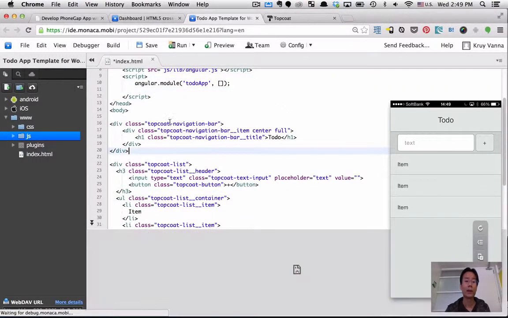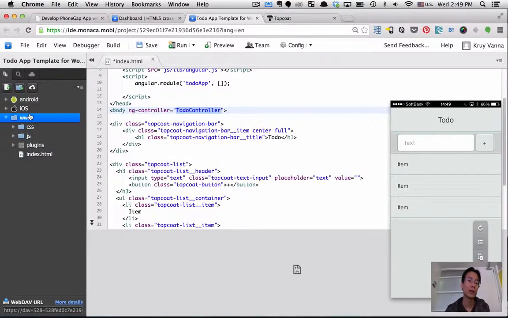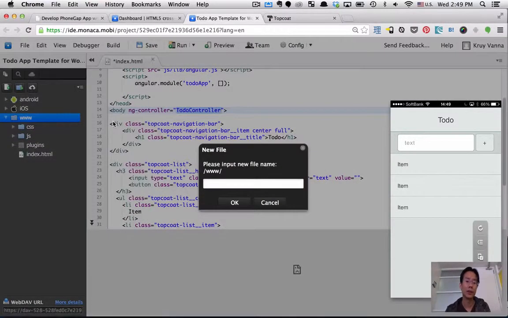Another thing is with AngularJS we have a controller. So let's say ng-controller equal to TodoController, and for where this controller lives, we need to add a JavaScript file, let's say todo.js,